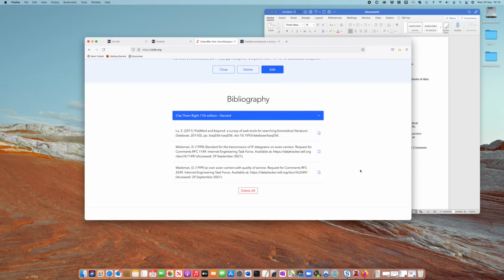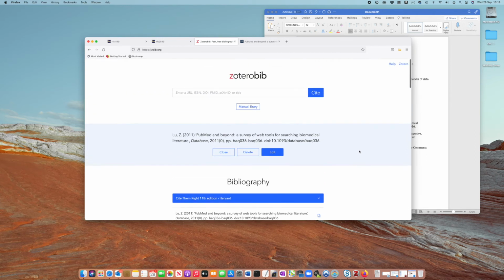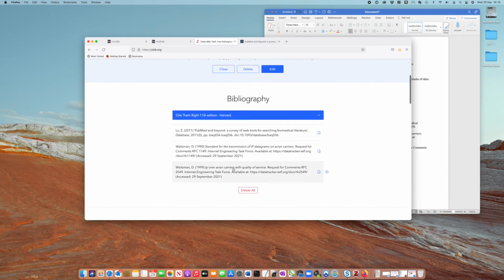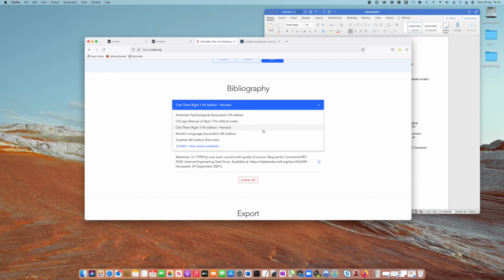And that essentially is it. That is all there is to using ZBib, the online way of managing your references. It does create them in the appropriate format for using in the technology and computing modules, in the ones that request Cite Them Right format. I believe, let's have a look and see if